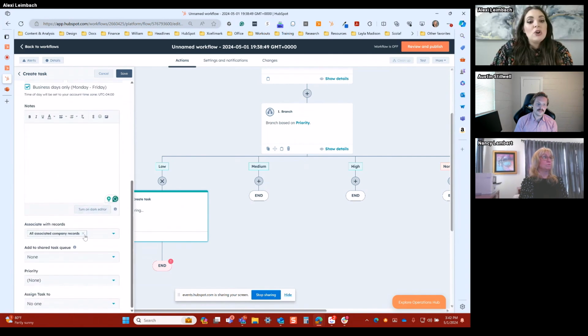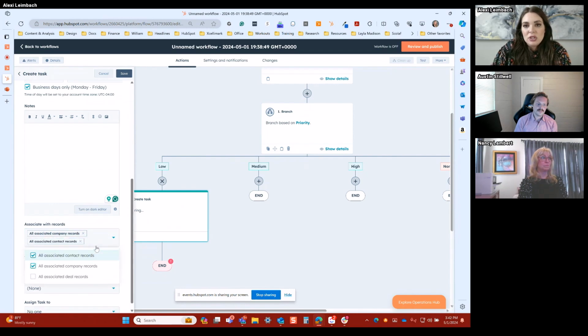One thing to note is, for some reason, HubSpot always only grabs the association for company records. Drop down and make sure you click contact records too, because you're dealing with a contact here. If you want this task to show up on the contact record as well as their company record, make sure you have contact records selected. I highly recommend doing that.